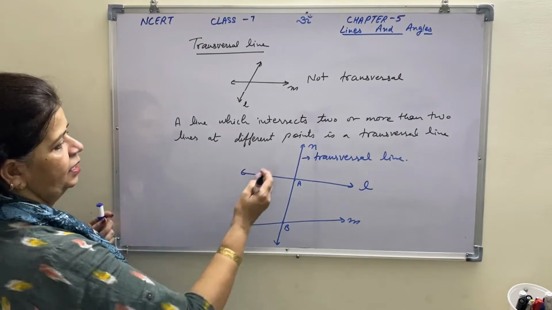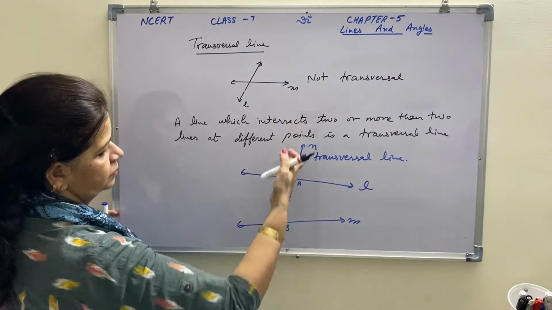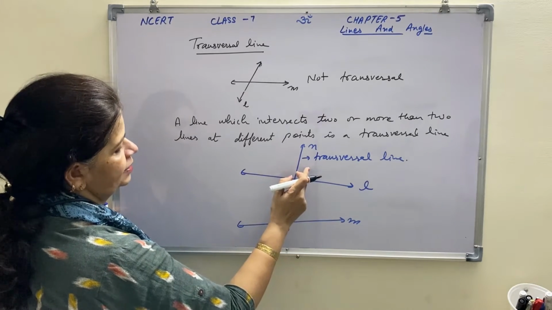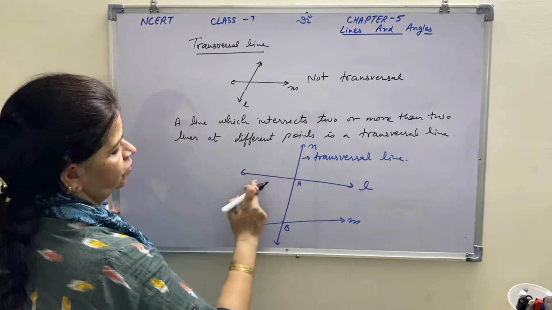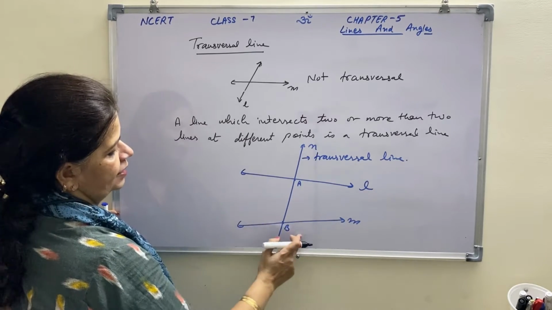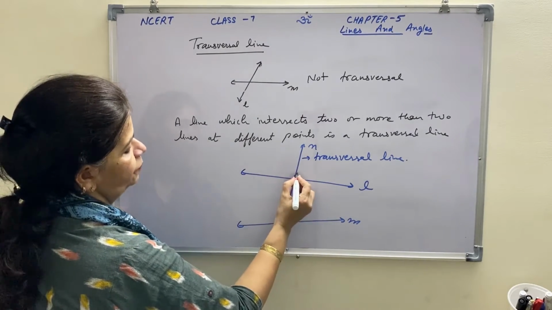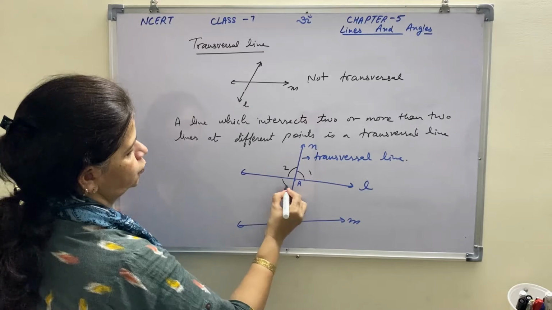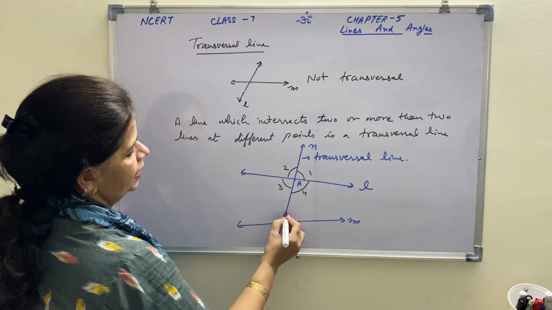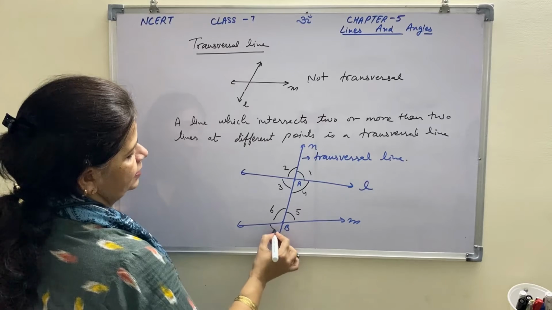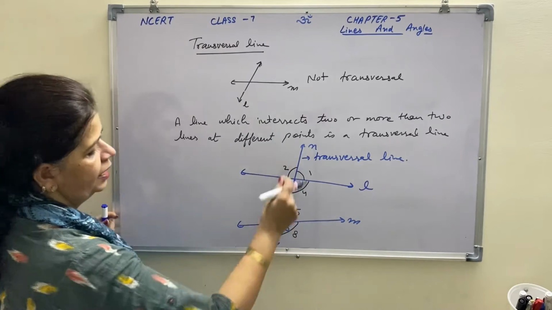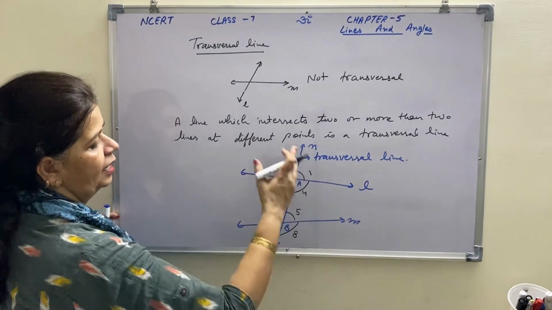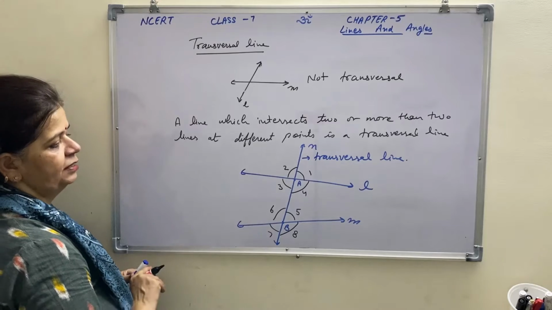As you can see, when two lines are crossed by a third line, which is a transversal line, eight angles are formed here. Four when it crossed line L and four when it has crossed line M. If we name them, here we have 4 angles, let it be this 1, this 2, this 3 and this 4. This is 5, 6, 7 and 8. Total 8 angles are formed here by this transversal when it has crossed line L and line M. So there is a relation between these angles.